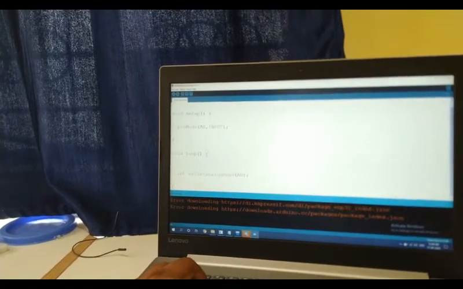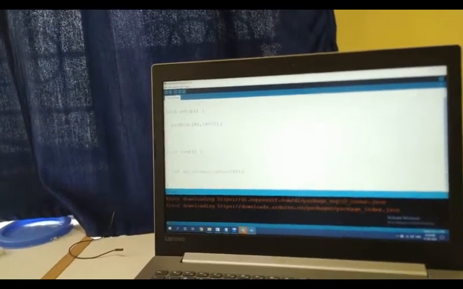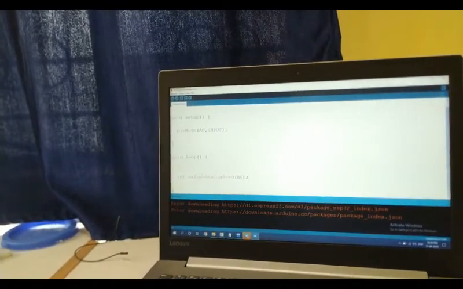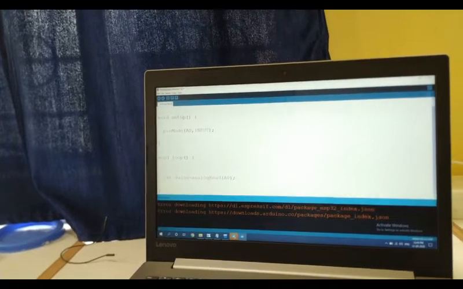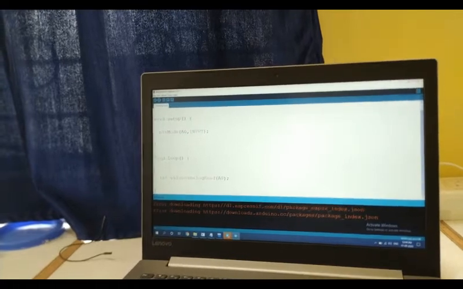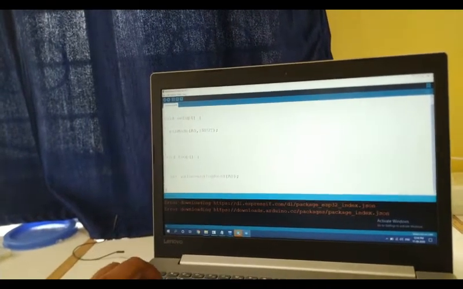Okay, so to display this value, that is the value being read from the sensor, we have one facility called serial monitoring. So here with the help of serial monitor window, we can view the data being read from the sensor. To work with serial monitor, you need to initialize it by writing this statement.